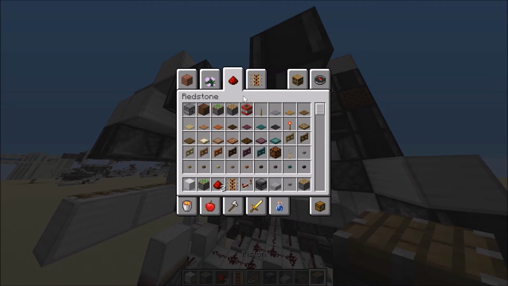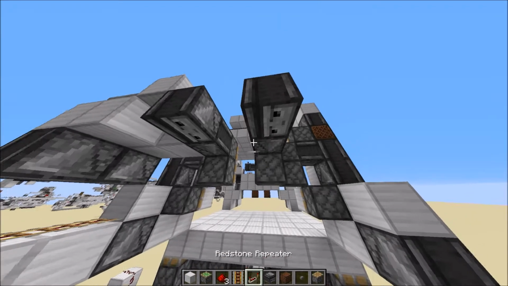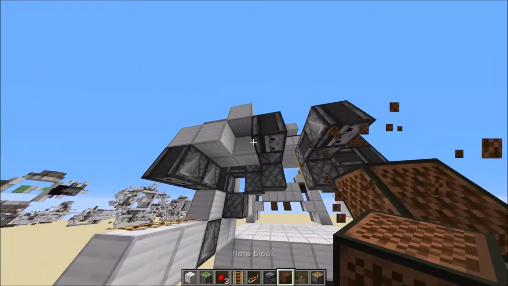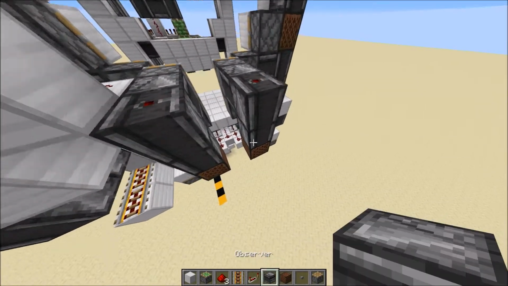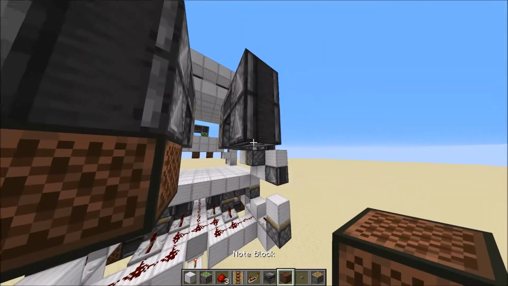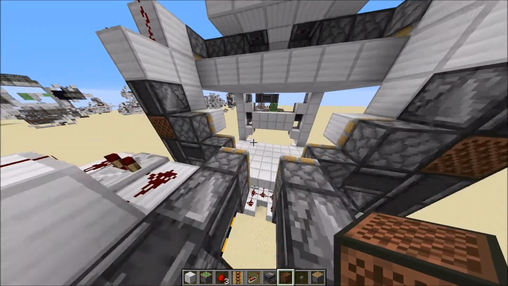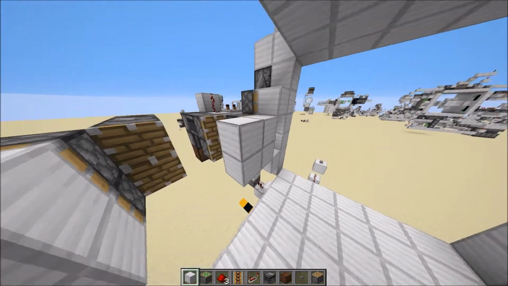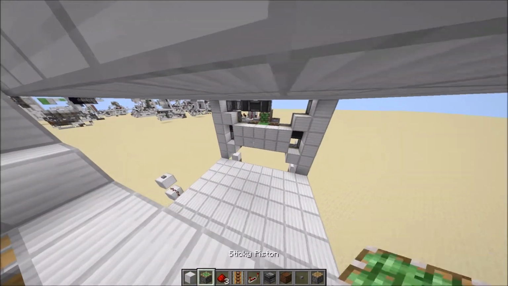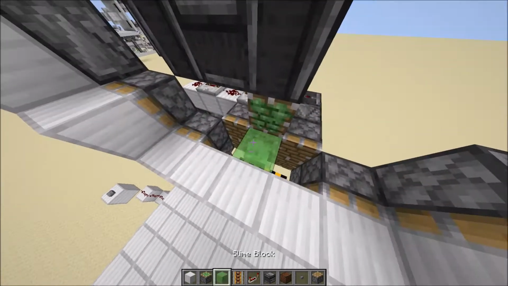Then get my note block again, this one, down here, facing upwards, so that one can stay there, like that. Then place in these blocks, and these 6 over here. Quickly get my slime blocks, these ones,